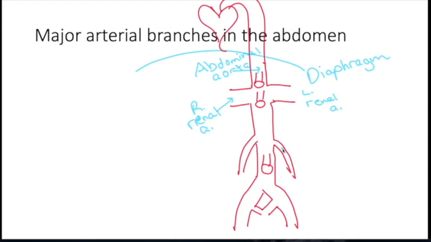Then these 2 down here. This is the right gonadal artery, which is heading to, well, in a female it would head to the ovaries, and in a male it would head to the testes. And this is the left gonadal artery. And it is interesting that these gonadal arteries come off really close to the renal,